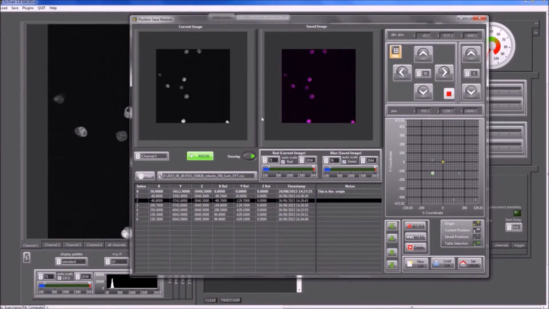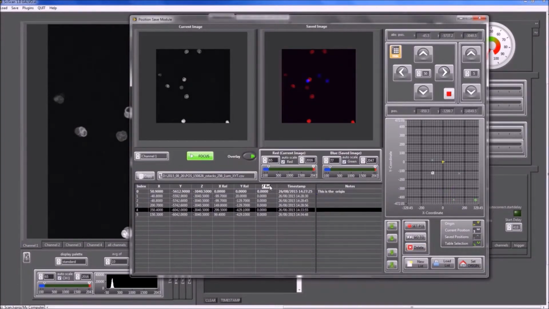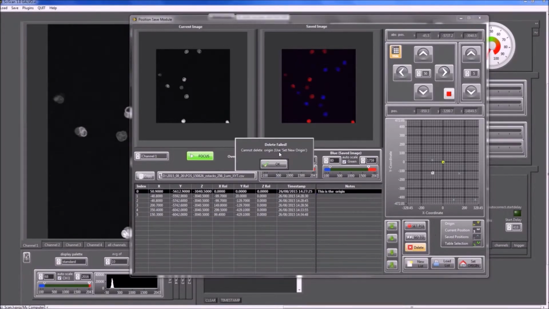To delete a position, you select the position you want to delete and click on delete, and that should bring up a confirmation so that you don't accidentally delete a position. And if you say proceed, the position is deleted. Note that you cannot delete the origin, so you get a delete failed message and you can only set a